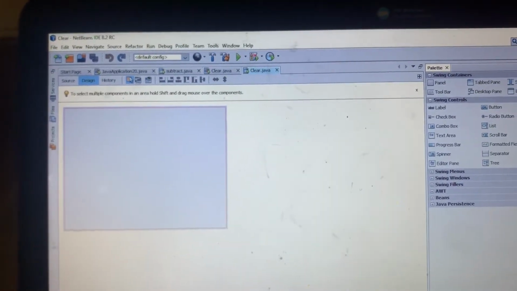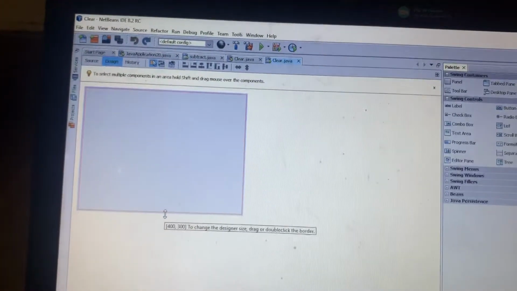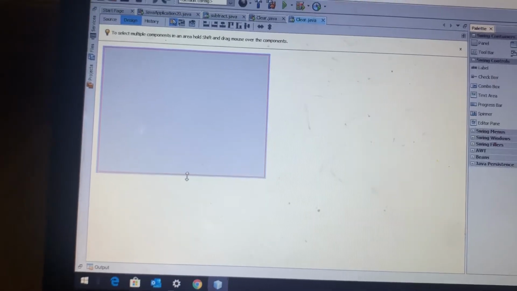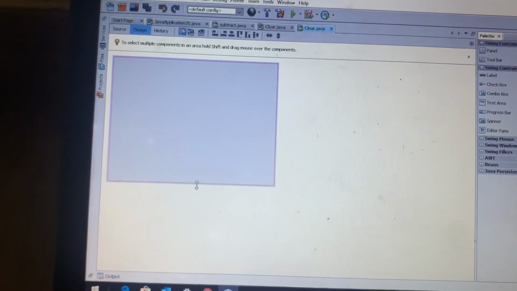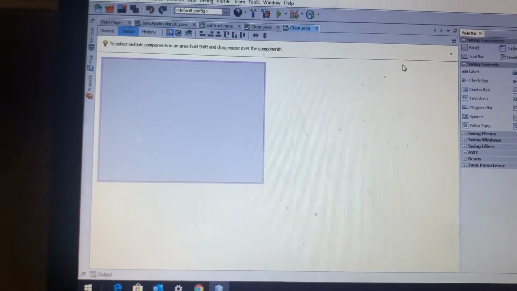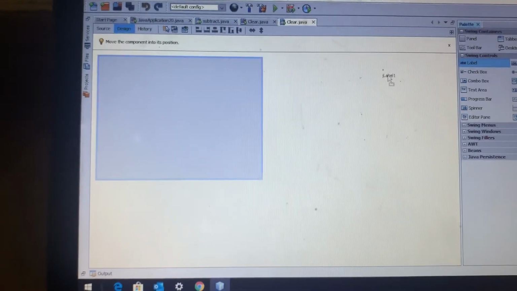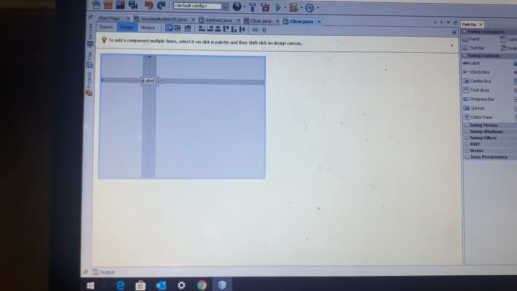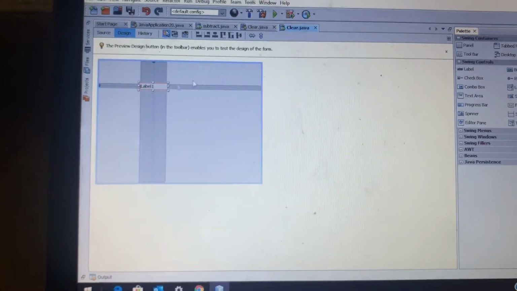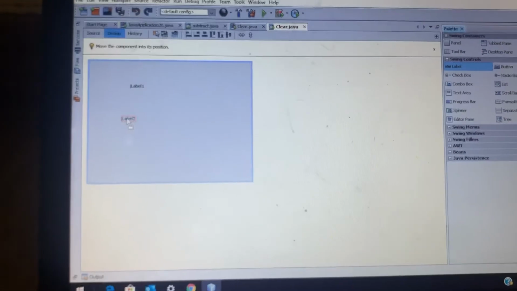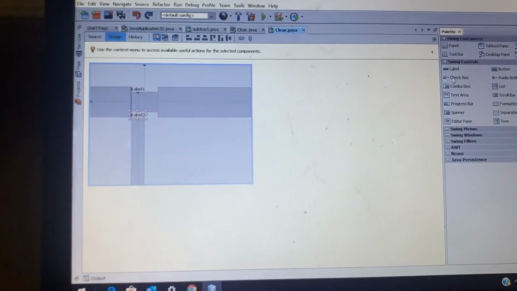What we are going to do in this project is we are going to take text fields, and in those text fields the user will put some numbers. I am taking two labels and two text fields.